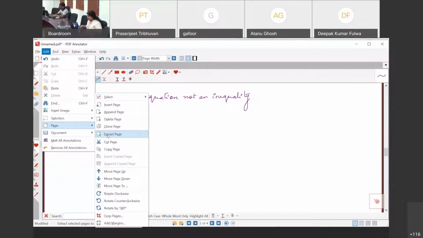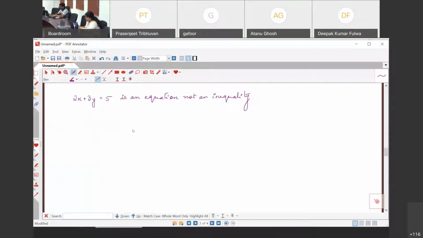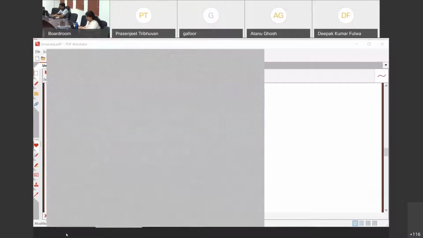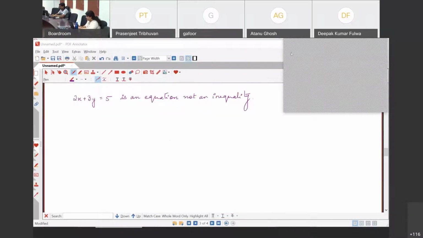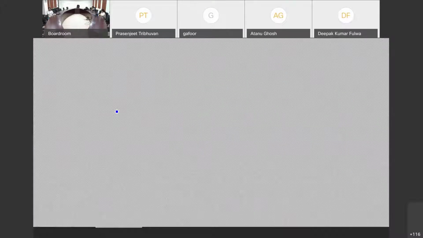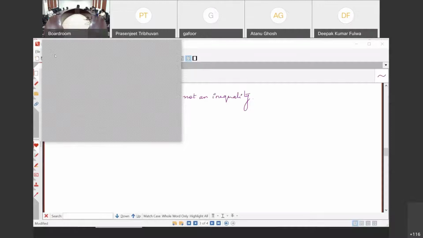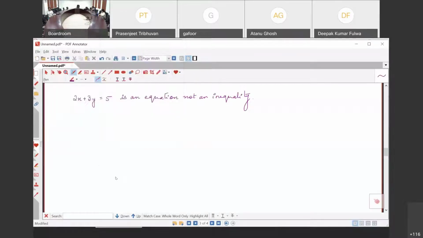But one thing which I really like about this is, suppose I have an image. So let me take an image from somewhere. I cut this, I take this image, copy, and I paste this image again somewhere here.